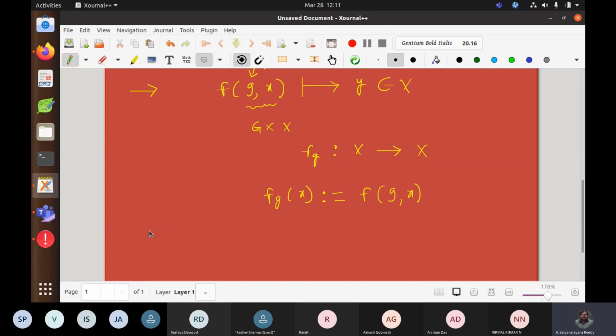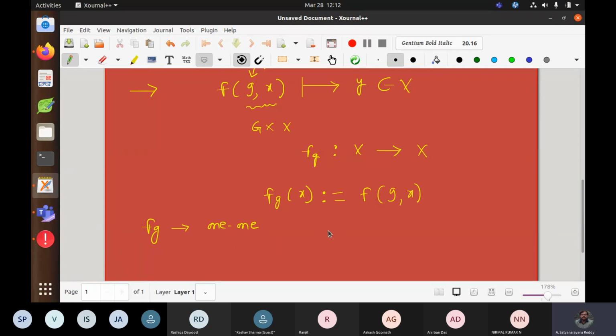For example, is Fg one-one or not? Okay, we checked this, so we can also check. Easy: Fg of x equal to Fg of y, g dot x equal to g dot y. So operating g inverse on both sides, then again use the second property of the group action. And e dot x, the first property I can use at the end, then I'll get x equal to y.